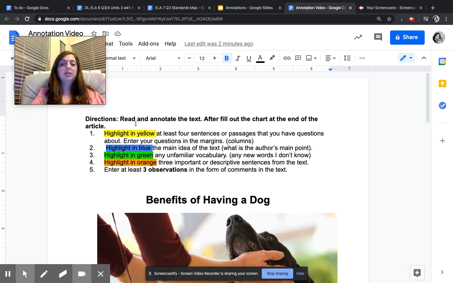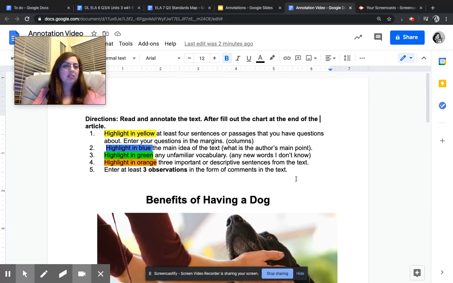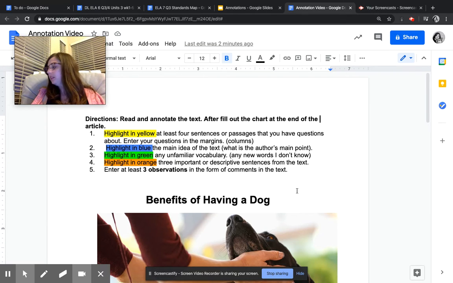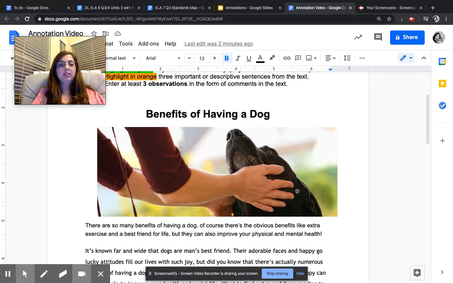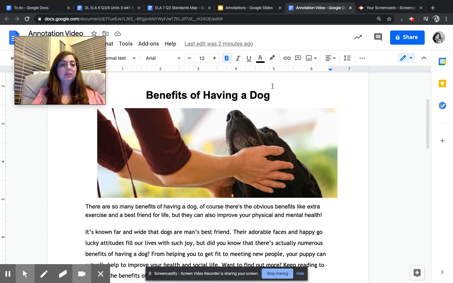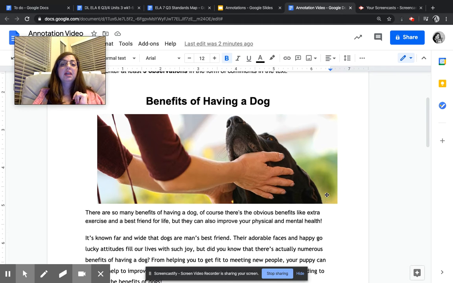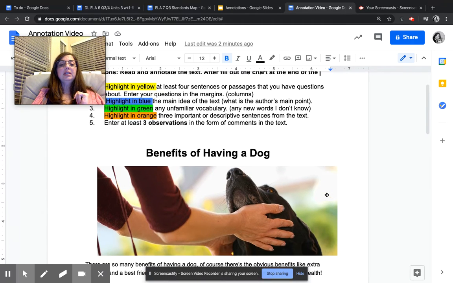Now, I'm not going to show you how I'm going to do all of these because that's going to take forever. But I'm going to show you maybe the first or second paragraph, okay? So when I am going to annotate, the first thing I do, and I chose an article that you guys will not be reading. You guys have your own article you will be reading and annotating. I chose an article that was very near and dear to me because there are many benefits to having dogs, and you all know I love dogs. Anyways, so when I go into annotating,